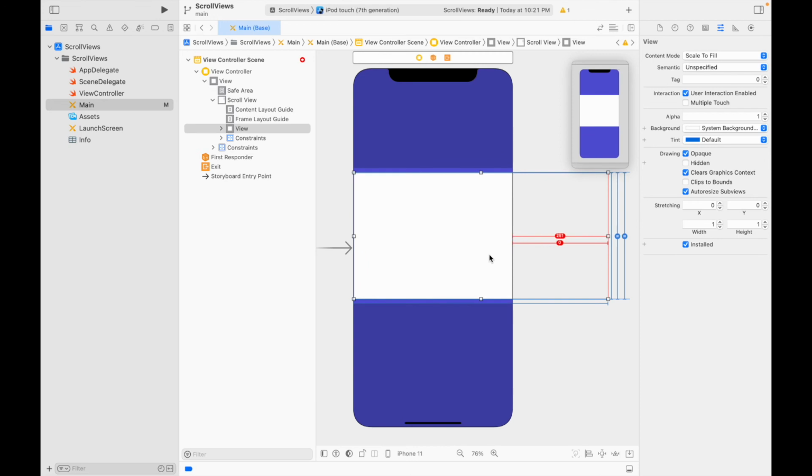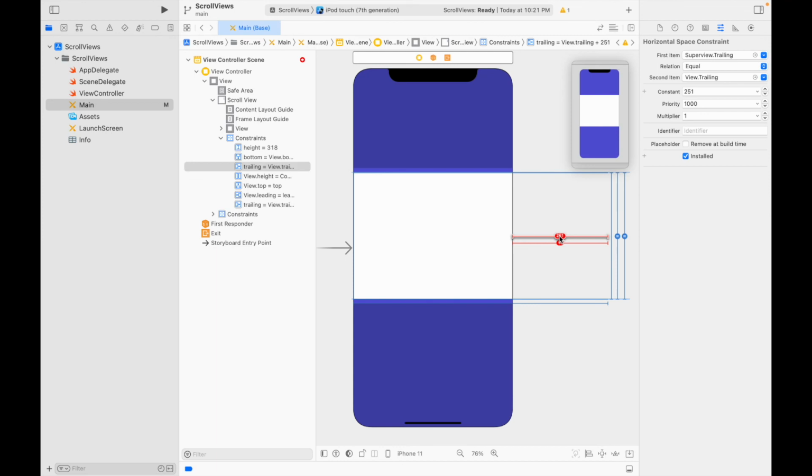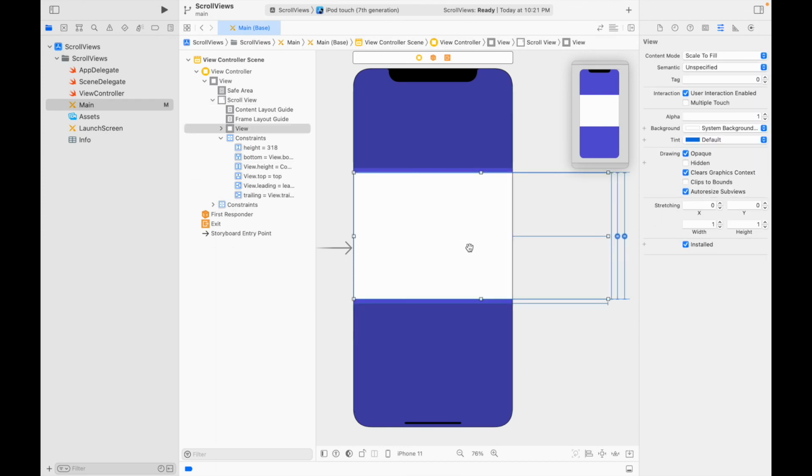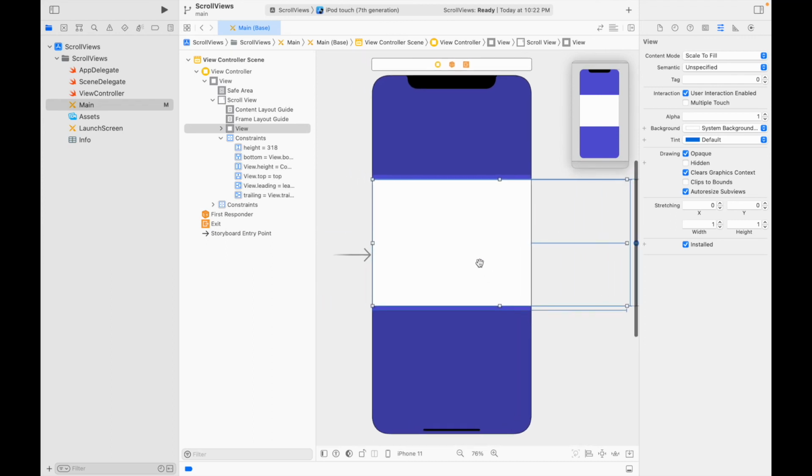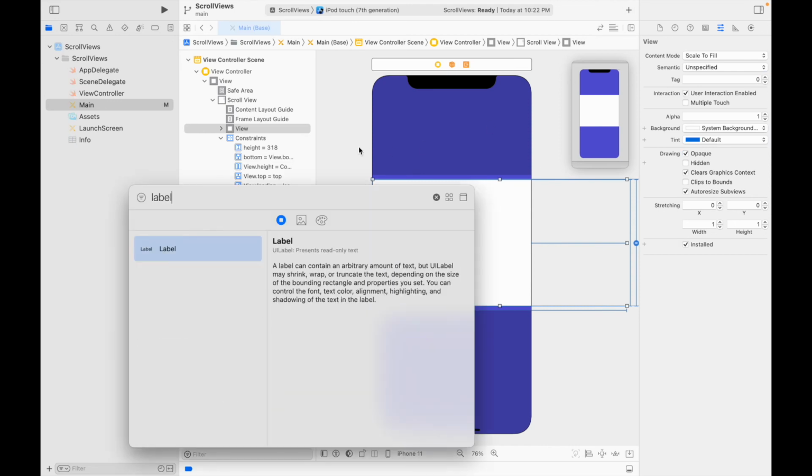Or some of us might be. I've noticed that sometimes this works, sometimes it doesn't, and in that case, what would be helpful is to actually delete the little red line if we can click on it. And once we delete that line with a bigger number, we're able to scroll comfortably and have no errors in terms of our constraints. Now, just to prove this works, I'm going to go ahead and add a label,